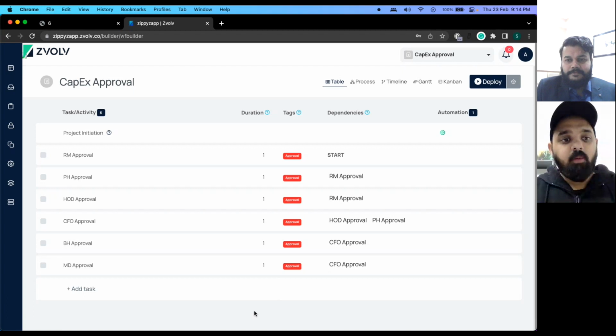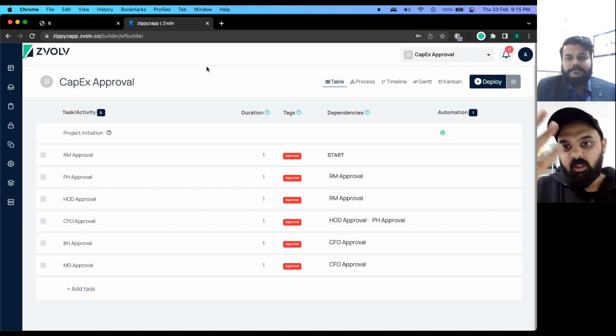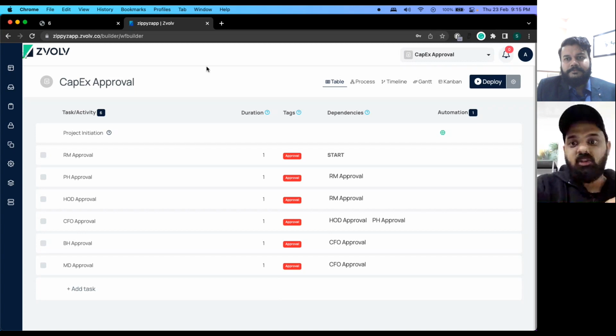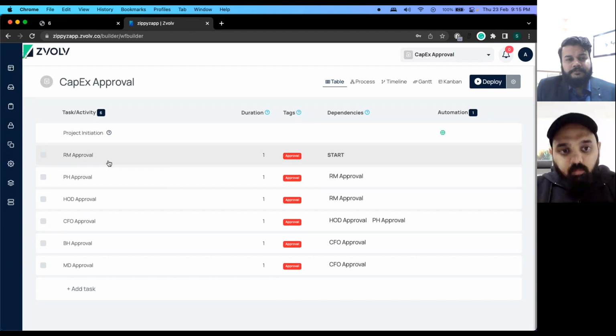So Shivam, now we've gone through the four layers. Before we move on to the fifth layer, I'd just like to recap a bit. We went through the process, we built the process, we went through databases, we added an automation, I showed you the integrations panel. And now we'll create some reports and user screens. So for that, let's move to